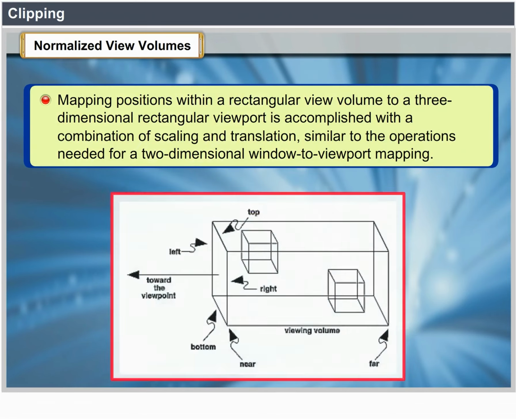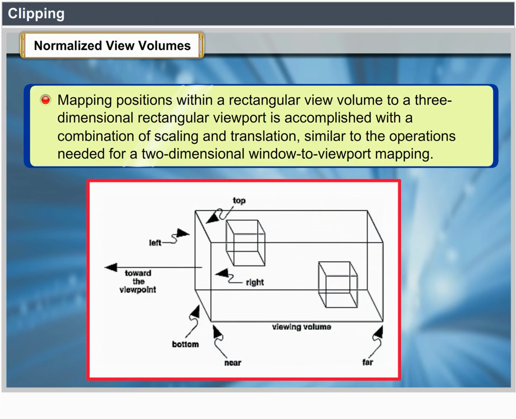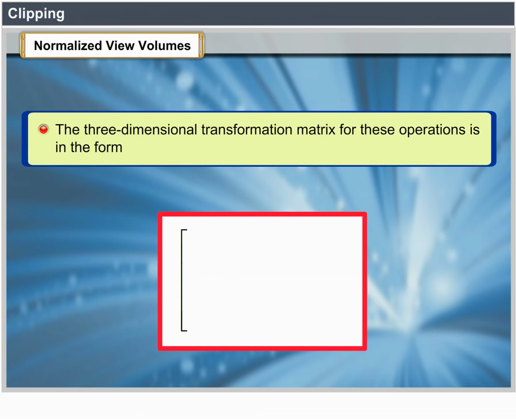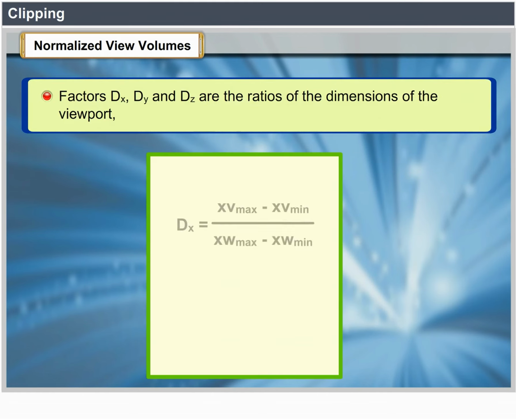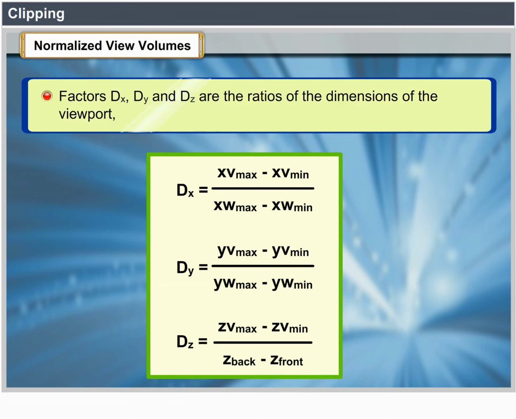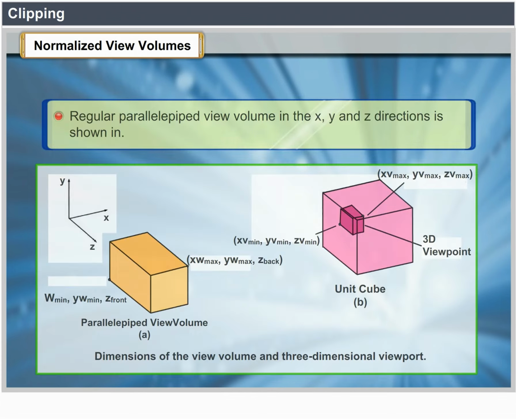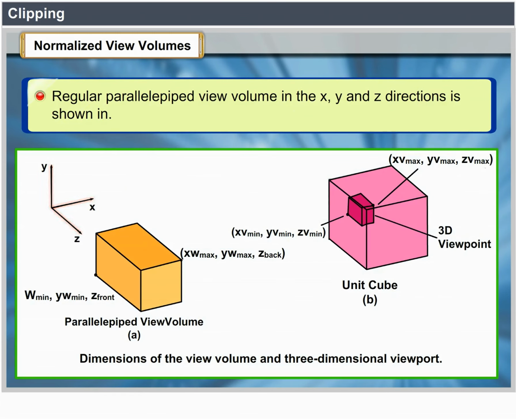Mapping positions within the rectangular view volume to a three-dimensional rectangular viewport is accomplished with a combination of scaling and translation similar to the operations needed for a two-dimensional window to viewport mapping. The three-dimensional transformation matrix for these operations is in the form shown below. Factors dx, dy, and dz are the ratios of the dimensions of the viewport, given here. The rectangular parallelepiped view volume in the x, y, and z directions is shown in the following figure,